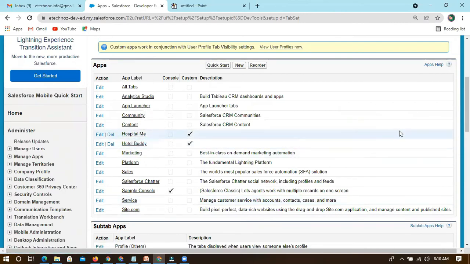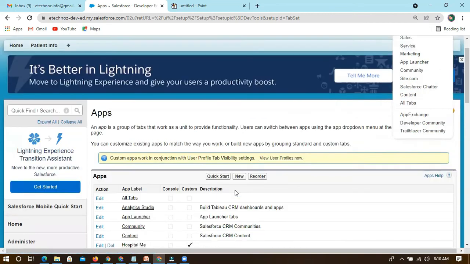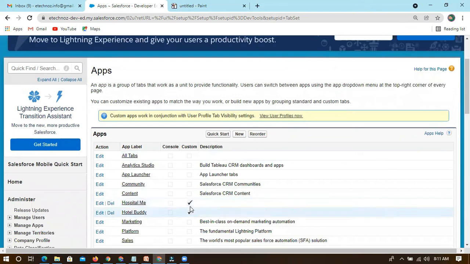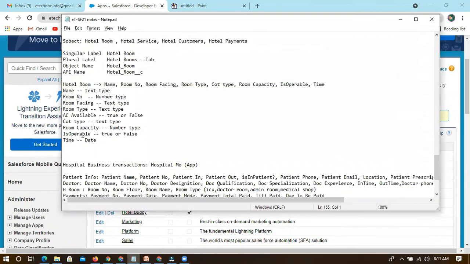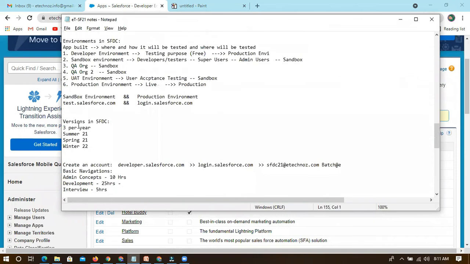Sometimes in real scenarios you will create the entire setup, but you can't see it on the pages, or when you try to access it, it throws an insufficient privileges error. You have to handle that at the profile level. Check the profile to see whether the access is available or not. Access comes from the profile level. Let me explain what a profile is.